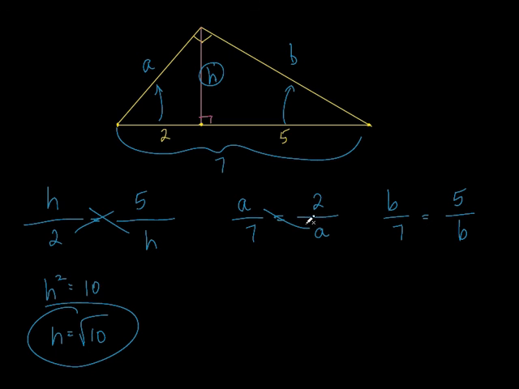Let's do this one. Cross multiply. What do we get? A squared equals 14. So A equals what? The square root of 14. And that's your answer right there. You don't even have to put that into